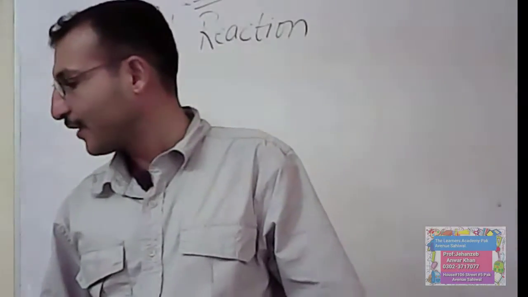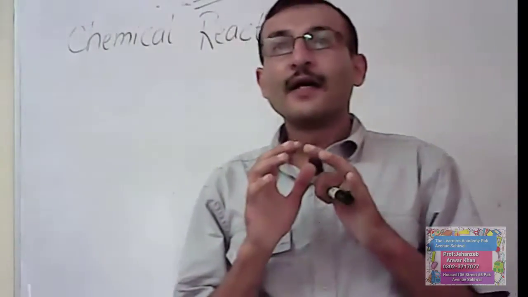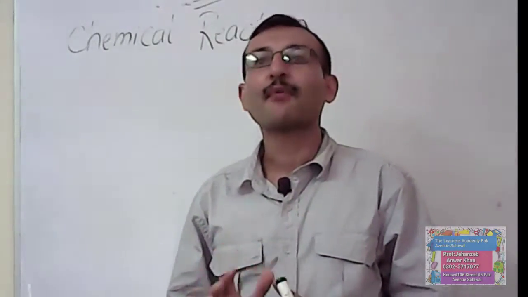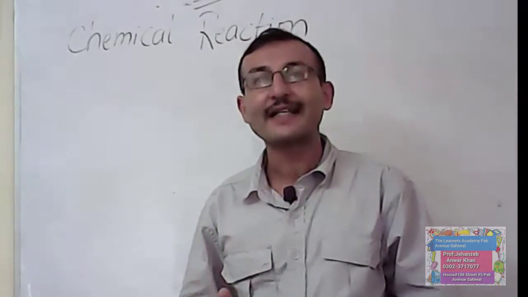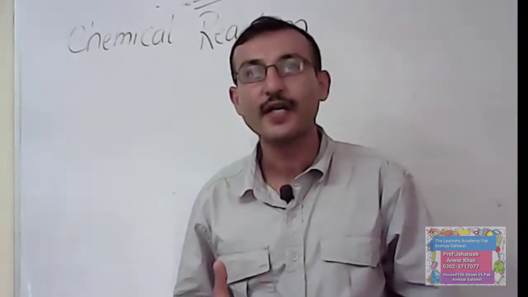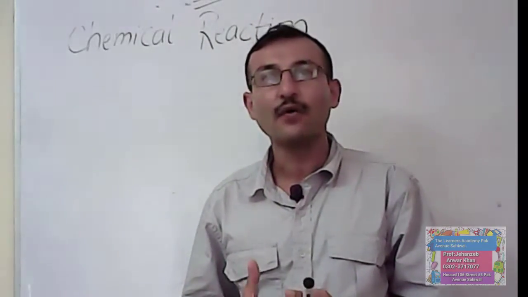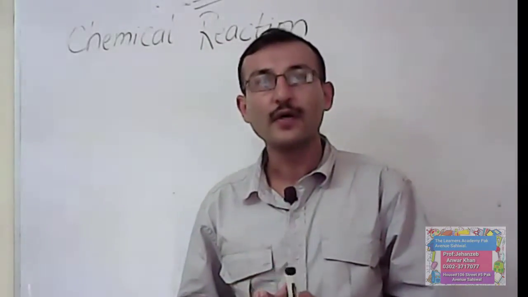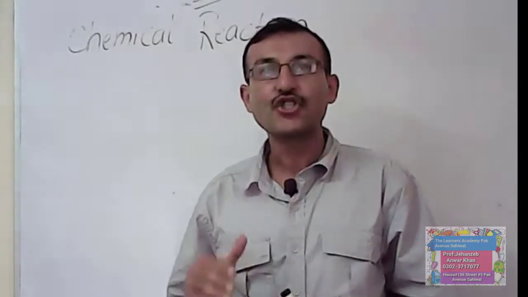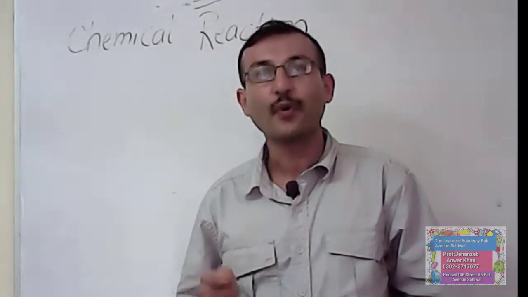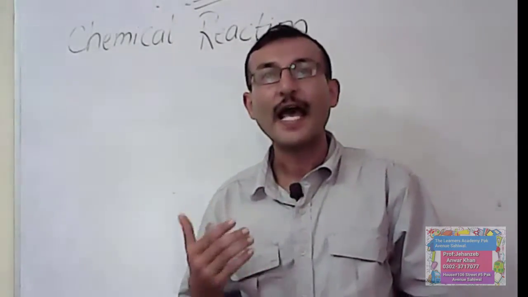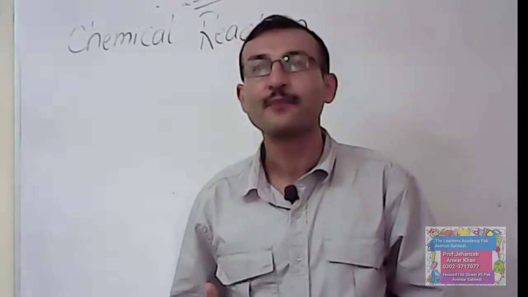Basically, a chemical reaction is a process where the reactants get converted into products, which may be under the influence of a catalyst. A word equation shows the change of reactants to products through an arrow placed between them.